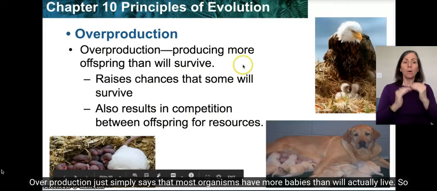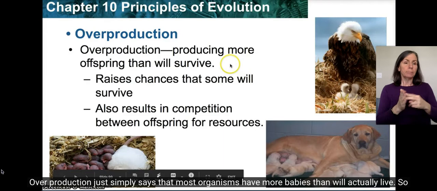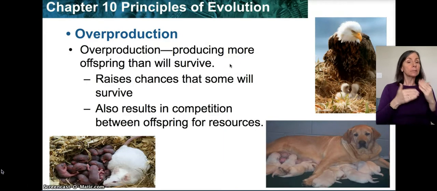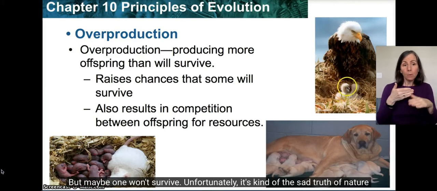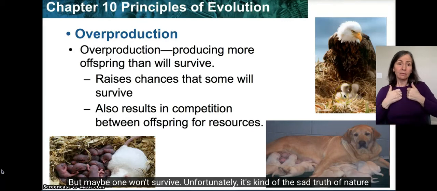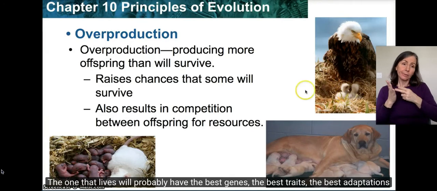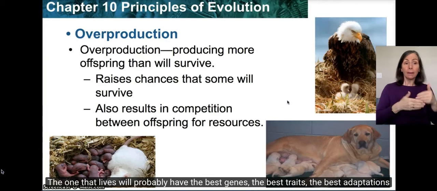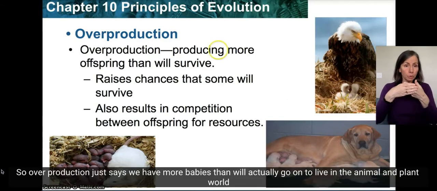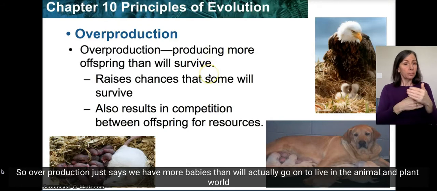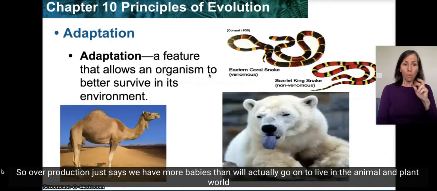Overproduction just simply says that most organisms have more babies than will actually live. So an eagle might have 2 eaglets, but maybe one won't survive, unfortunately. It's kind of the sad truth of nature. The one that lives will probably have the best genes, the best traits, the best adaptations. So the sticklebacks with the short spines or ones with no spines will live. So overproduction just says we have more babies than will actually go on to live in the animal and plant